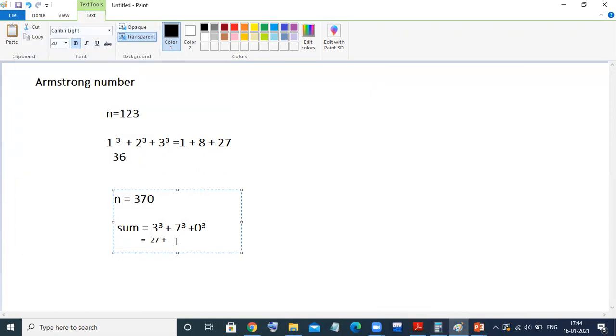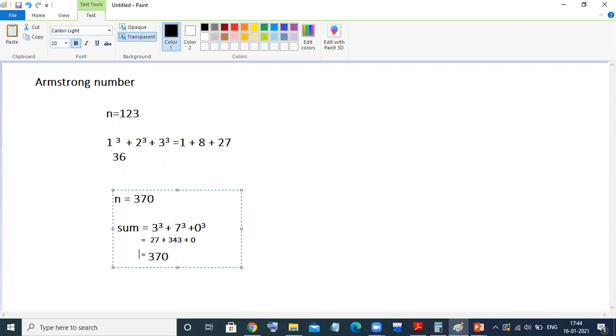So here I will write 343, plus 0 cube is 0. Then if I add these numbers, 343 plus 27, the result is 370.